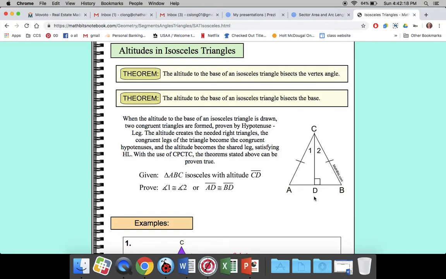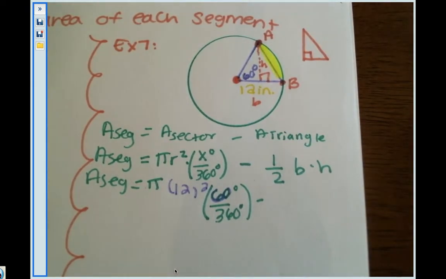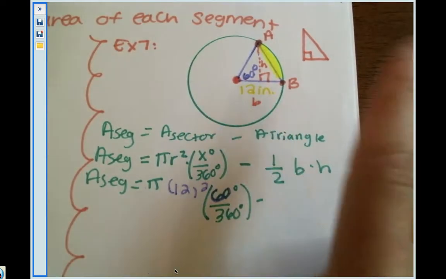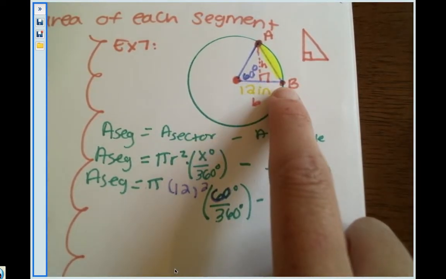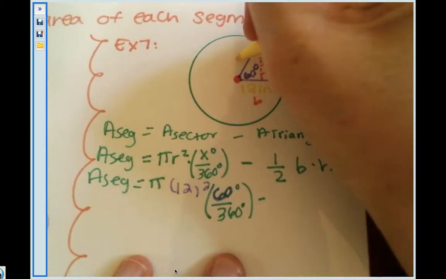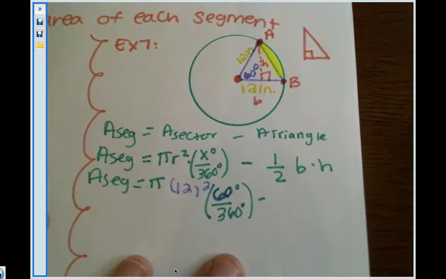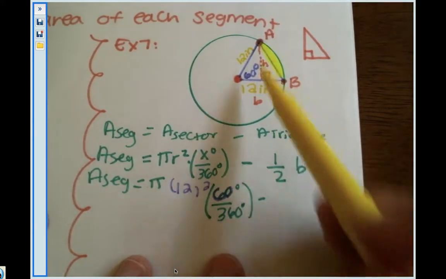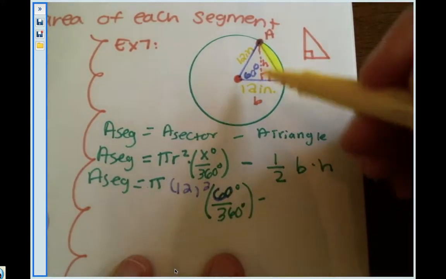Okay, so we're going to use that to help us find this part of the base in our smaller right triangle. The hypotenuse we actually will be able to find really easily. First of all, how do I even know that this is an isosceles triangle? Because you're like, Miss Long, where's that coming from? Well, I know that if this is 12 inches, this piece is also a radius, which means it's also 12 inches. And in this triangle, since this is an isosceles triangle, that means its base